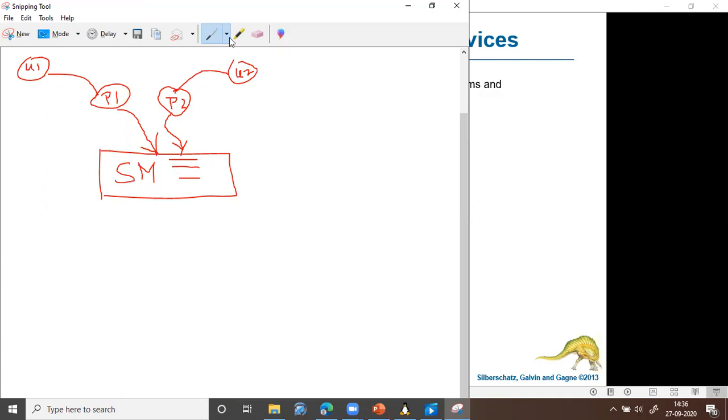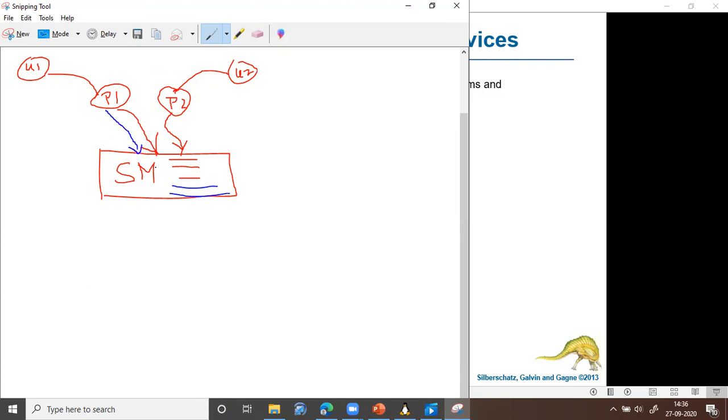Again, if user 2 wants to reply back to user 1, then he can also write that information in the shared memory. Now user 1 can read this content and understand what user 2 wants to communicate.